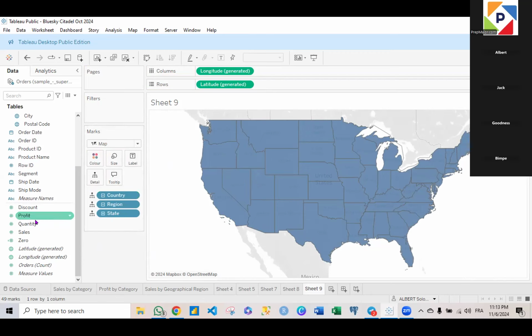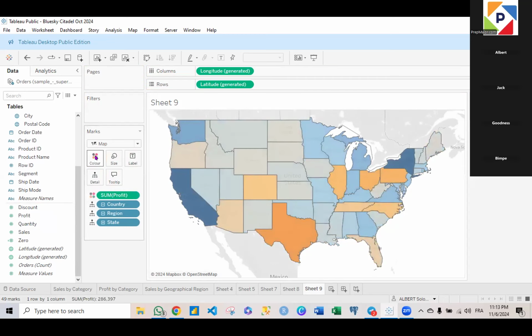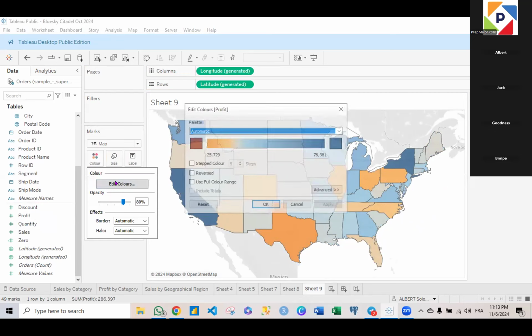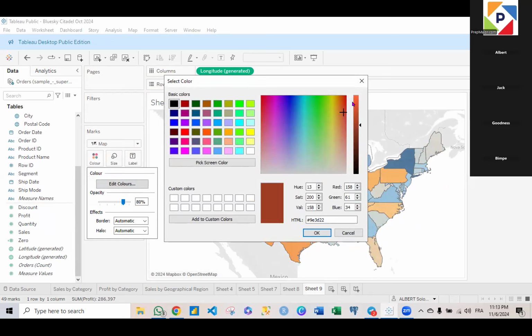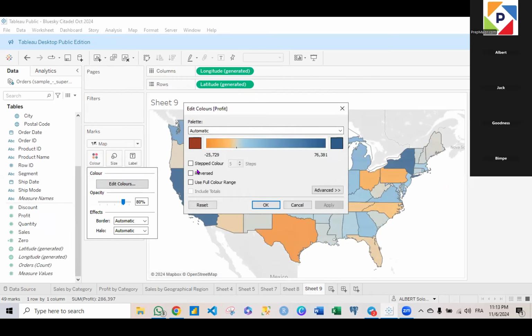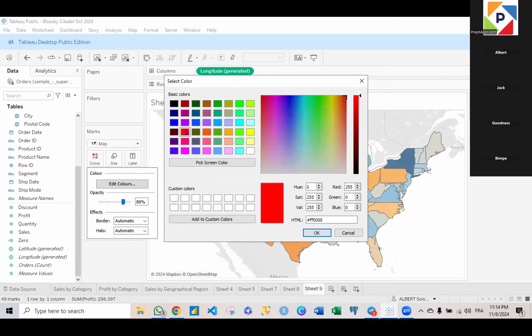So now let's bring back our profit to color. This way, we can further format the color, to edit the colors and see what's going on with the colors. Now, let's say we want to step the colors. Let's say 5 steps. Now, I want to know that